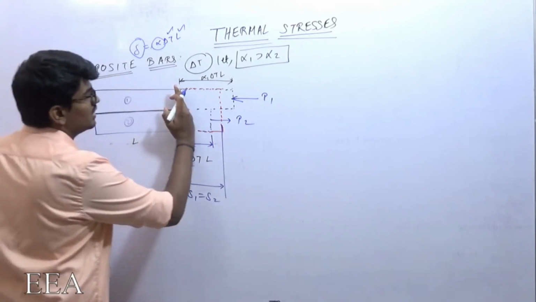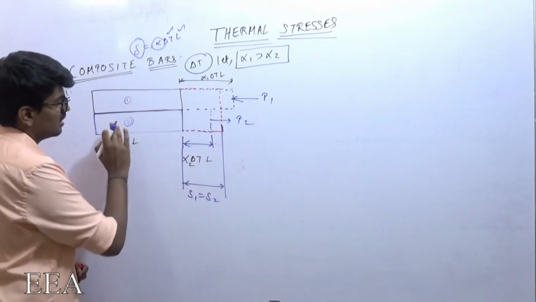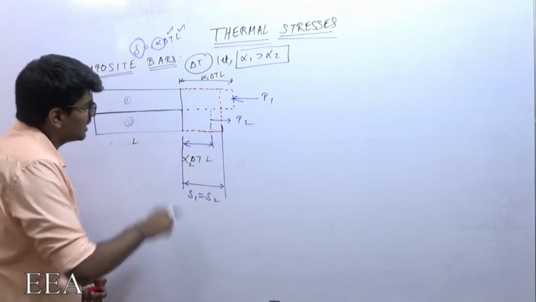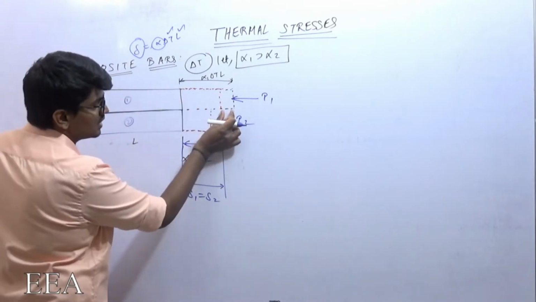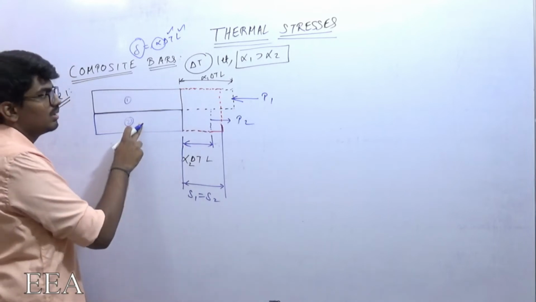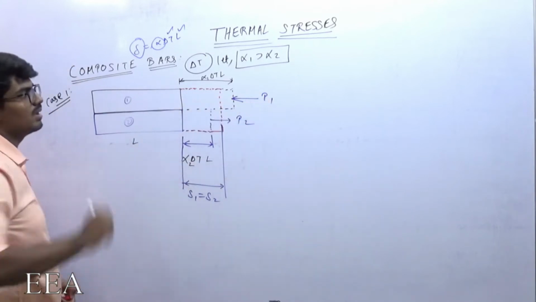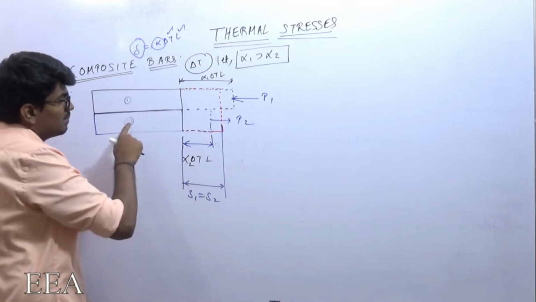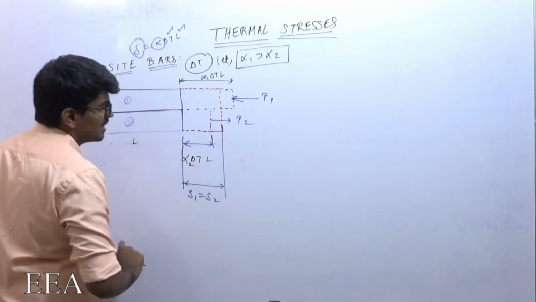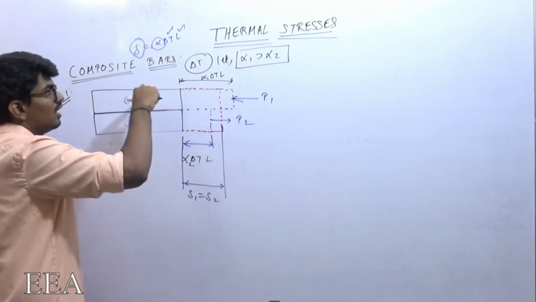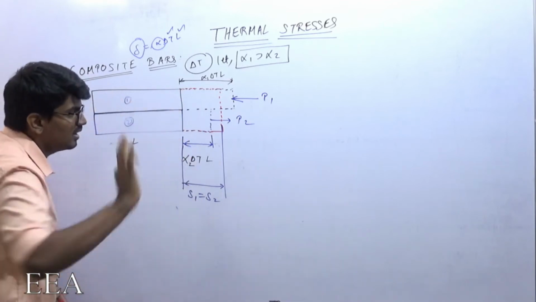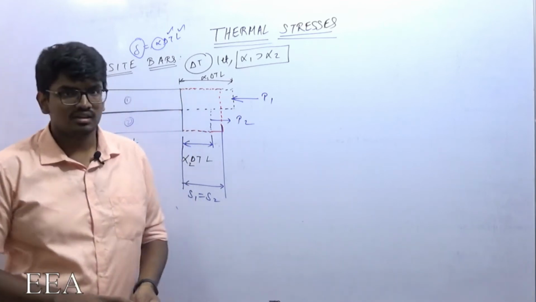So member 1 will deform by an amount delta 1, member 2 will deform by an amount delta 2, and both will be the same. What actually happened? This member 1 is compressed. This much amount is compressed, and why is it getting compressed? Due to member 2. Member 2 is offering a compressive load on member 1, and member 2 is deformed extra. There was some extra expansion, and that is happening due to the load offered by 1 on 2. Finally, the deflection of 1 and 2 will be the same. So I hope it is clear, right?